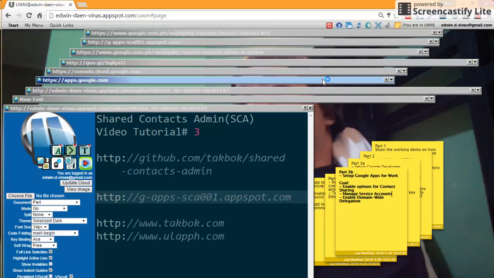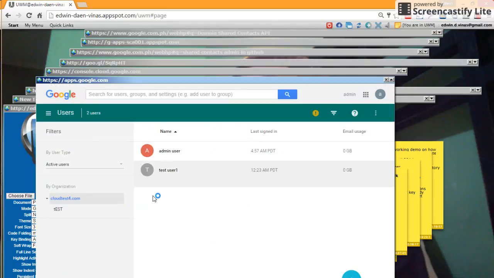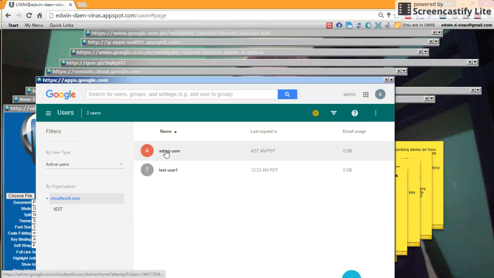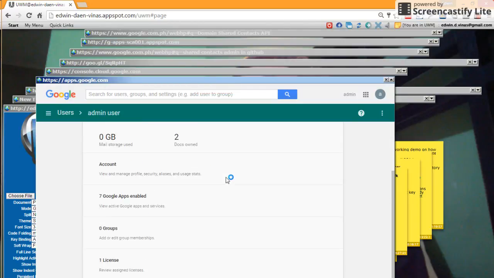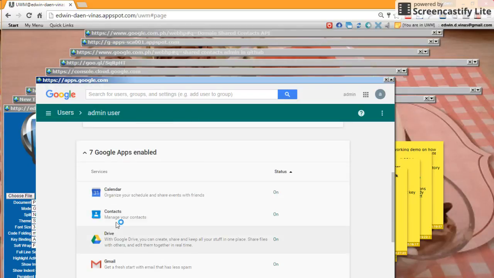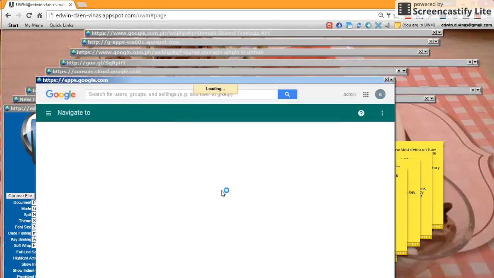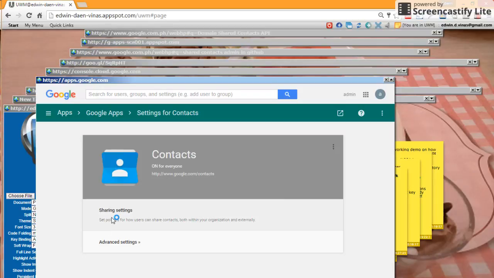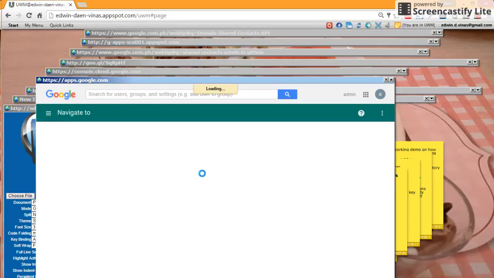So first, let's go to Google Apps for work, and I'm going to show you here how to enable the contact sharing. So I have here an admin account, and I'm going to the Google Apps enabled section, and then I'm going to go to contacts, and on the sharing settings I need to make sure that